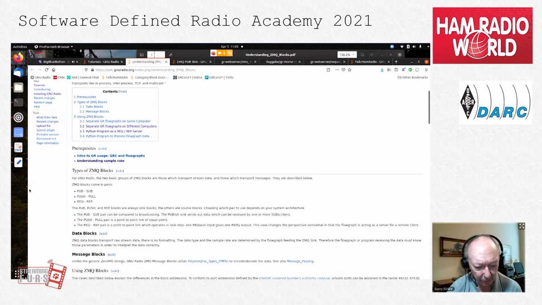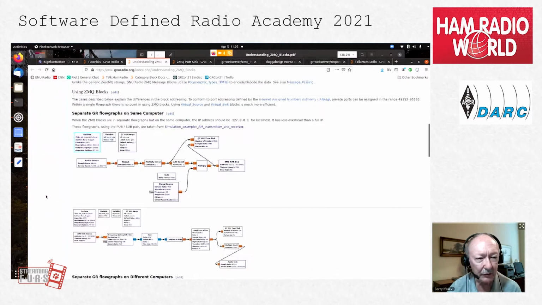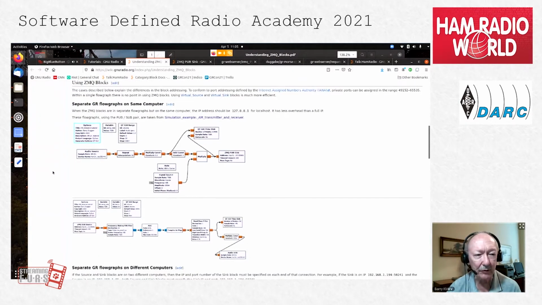So using those blocks, I'm going to show how they can be used in various types of data and messaging configurations. The first one's going to be with a ZMQ pub sync.